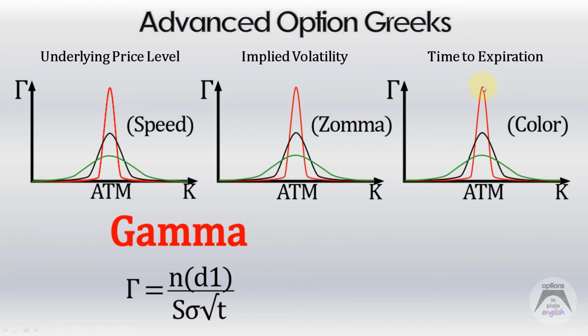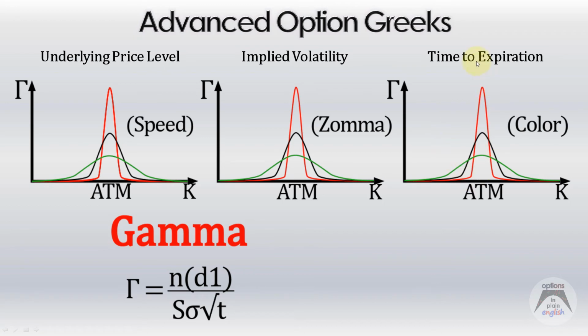And what that means is that if you have a position that has negative gamma, for example, if you sell options and you're very close to the at-the-money, you have a lot of gamma. So you might be in the money at some point, and then immediately thereafter, you're going to be out of the money. So the gamma is very high. This is what this is visually showing,